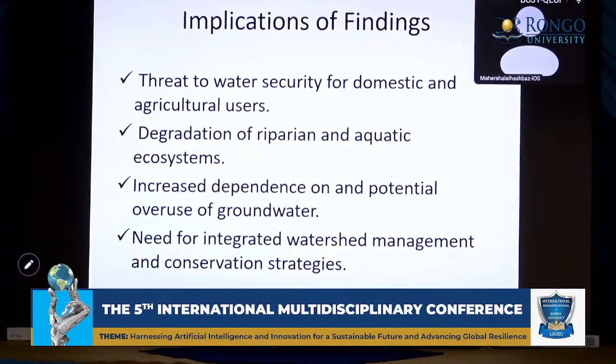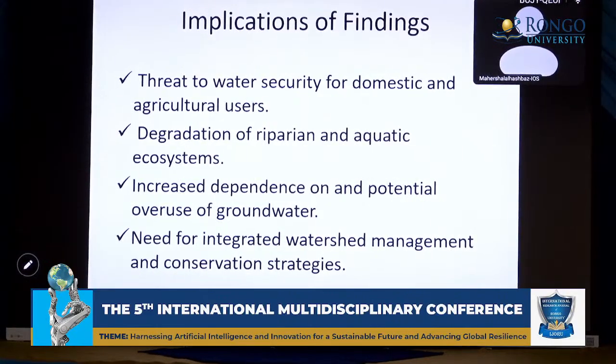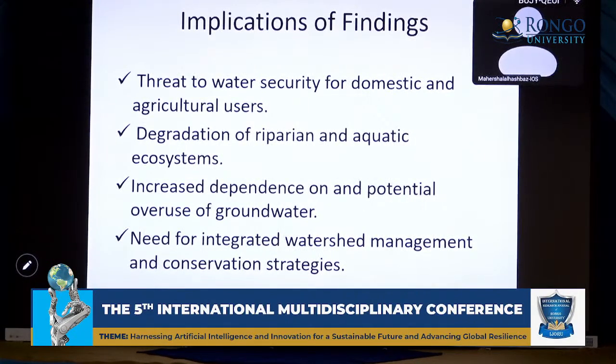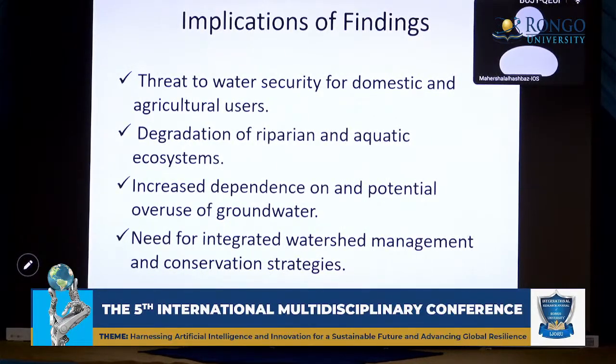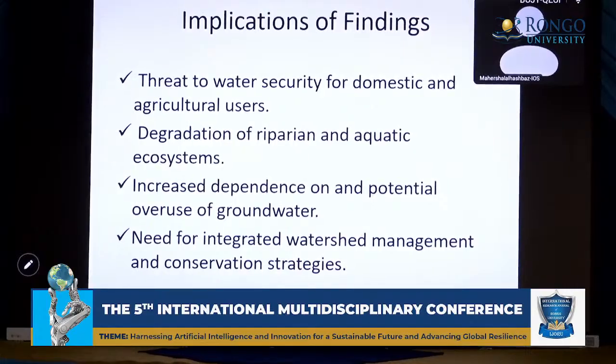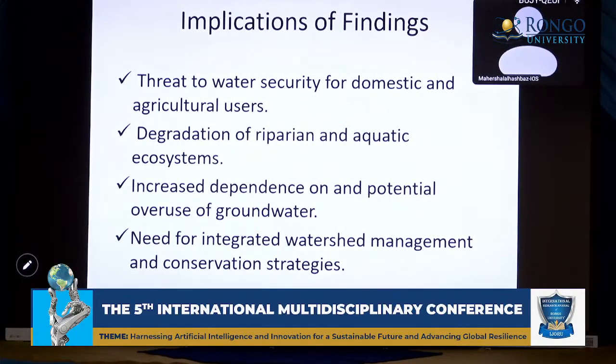Okay. So another risk is increased reliance on groundwater, which is the next best alternative that people may go for, which may not be sustainable because of issues of recharge and all that. Then these findings underscore the urgency of adopting integrated watershed management practices. There's a need to actually adopt working practices that are integrated and work well with the water. So the conclusions that the study got is that